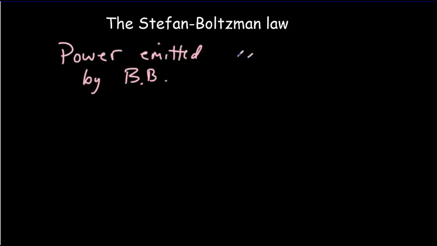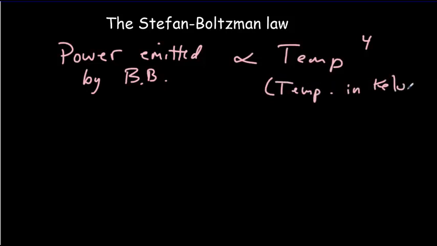Now, as it turns out, the power emitted by a black body is proportional to the temperature to the 4th power, but the temperature there has to be in Kelvin. And this here is called the Stefan Boltzmann Law. Now, whenever two things are proportional to each other, we can write an equation by using proportionality constants. So we could say that the power emitted must be equal to some constant times the temperature to the 4th